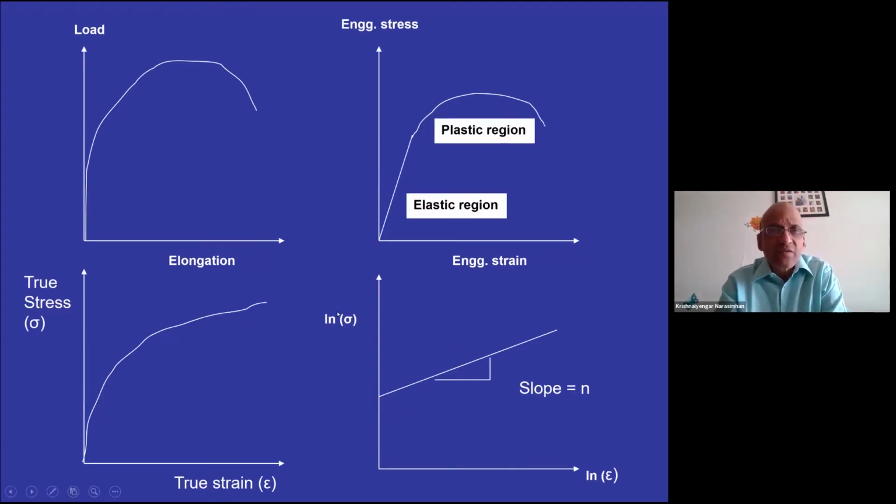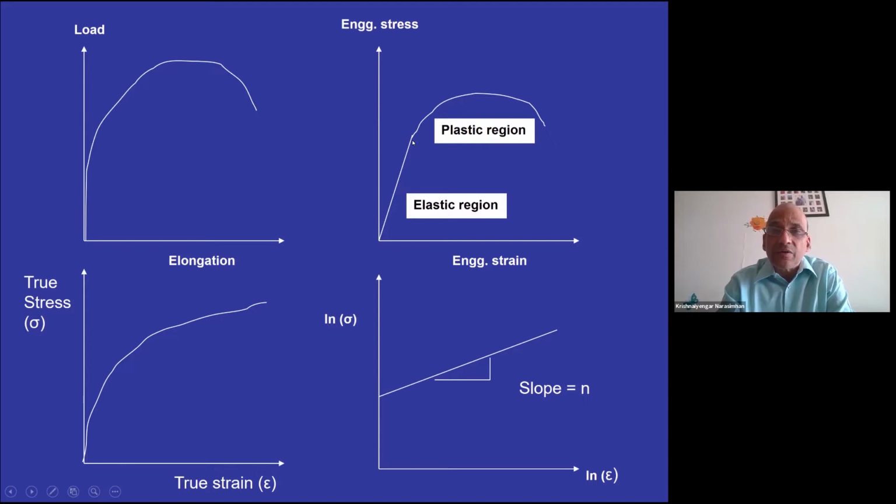Okay, very quickly, if you are familiar with the tensile test, this is how a tensile test looks. We'll come back to that later in the next module also. I just want to illustrate very quickly how you get the parameters N and K. So you convert the load elongation data into engineering stress strain data by dividing the load by the initial cross-section area and the elongation by the initial gauge length. That would give you the engineering stress strain curve.